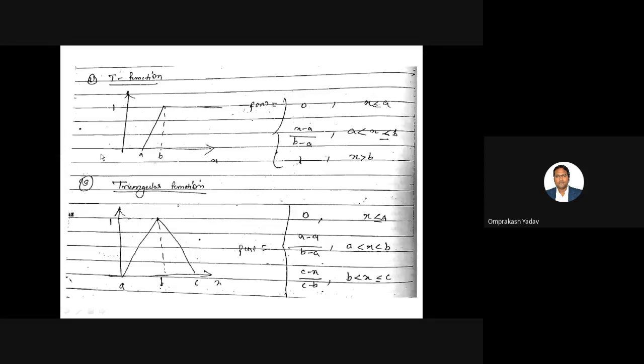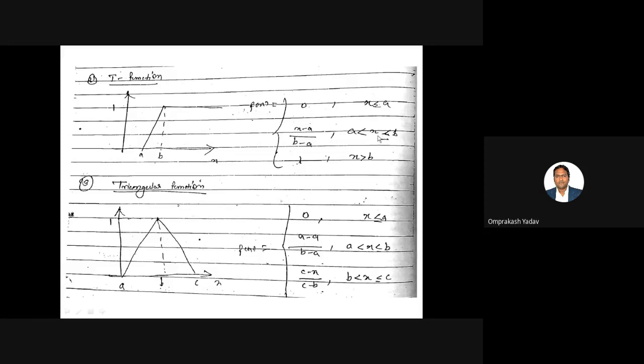In the previous case, the first problem, that line was a decreasing line. Here it's an increasing line. So if there is an increasing line, what you have to do is take that variable. Here the variable name is x. Subtract from that variable the below point. So x minus a, divided by the range that the line covers. The range is b minus a, because from a to b that line is there. So it is x minus a divided by b minus a.